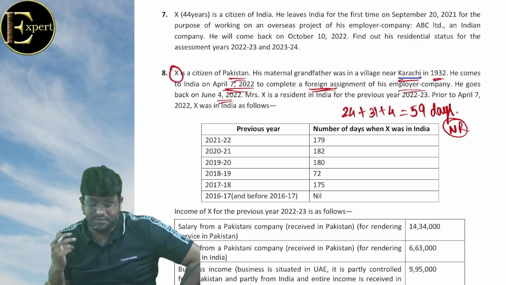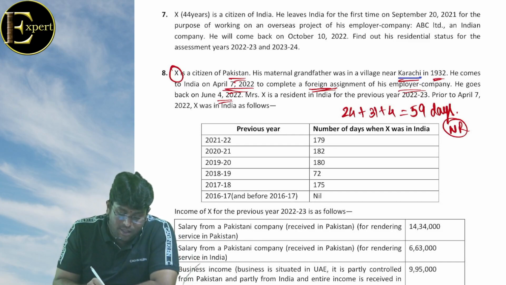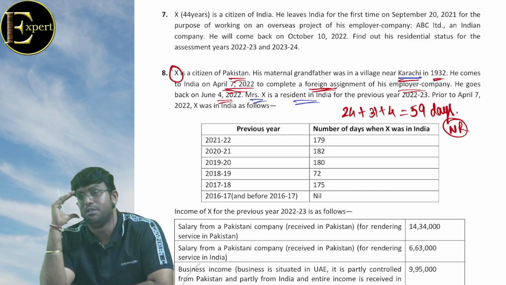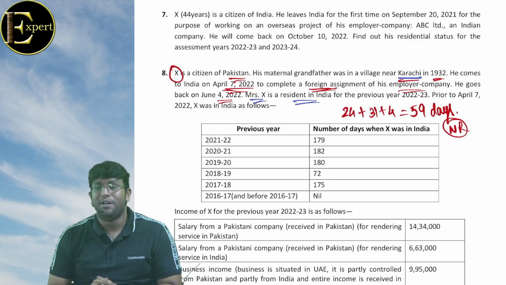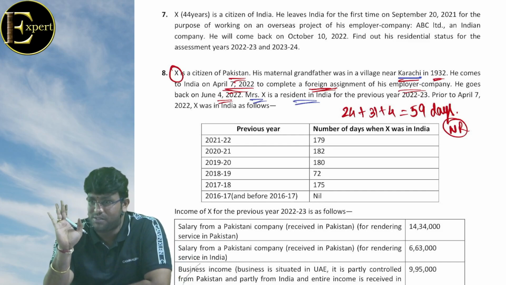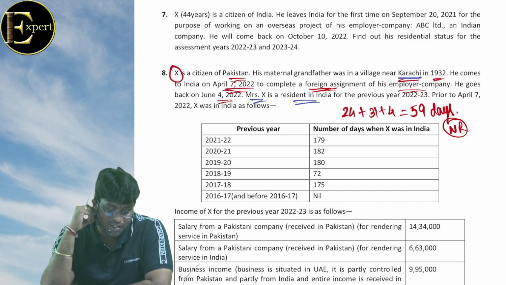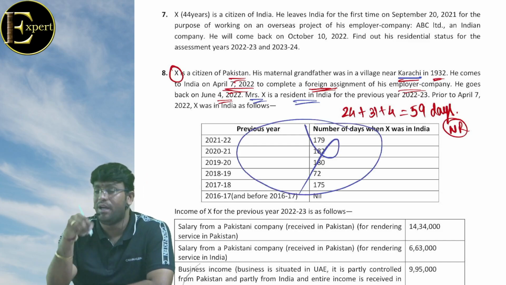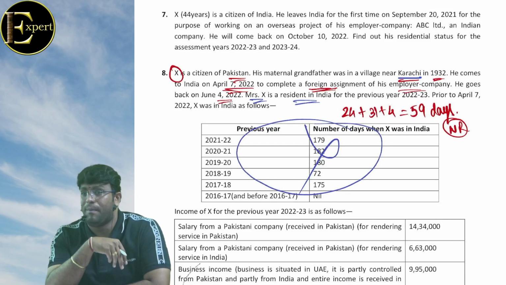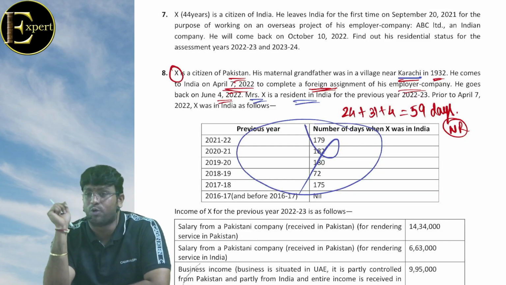Now see, over-action in the question. Mrs. X is a resident in India. So what should I do? Students write that when the wife is a resident, the husband should also be resident, no? We do feel that much, right? But no feelings and emotions, only sections and subsections, please. Next, prior to April 7, 2022, this is all over-action. Once he has become a non-resident, why look at the old story? Done, he is a non-resident.